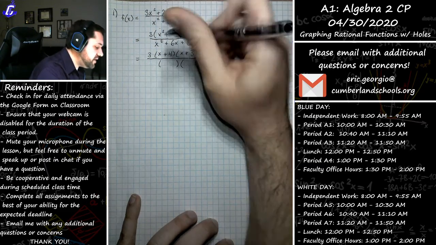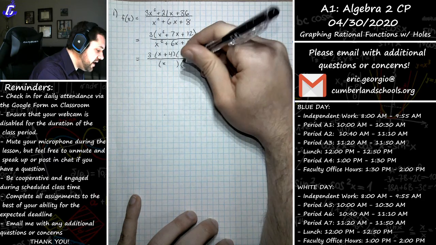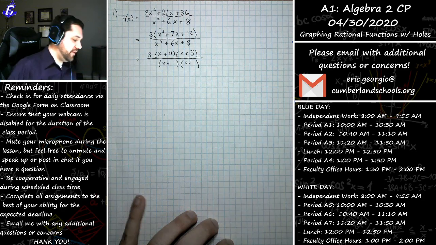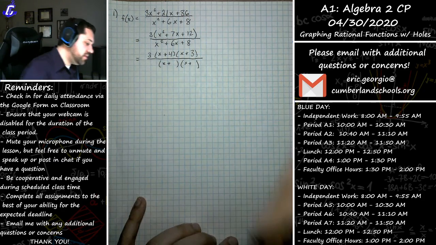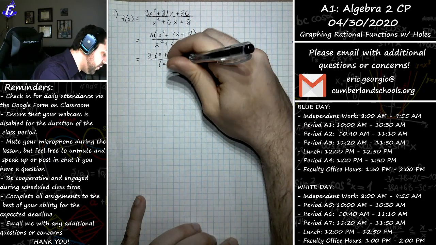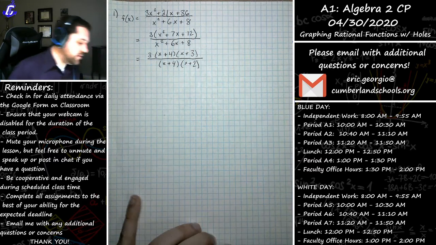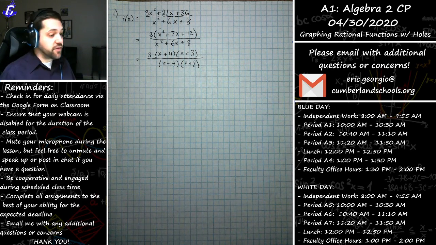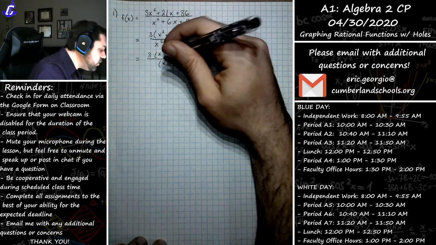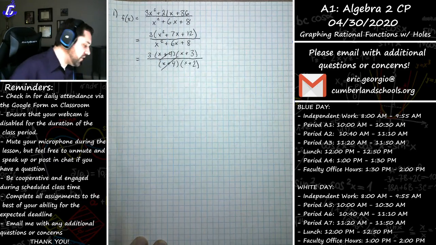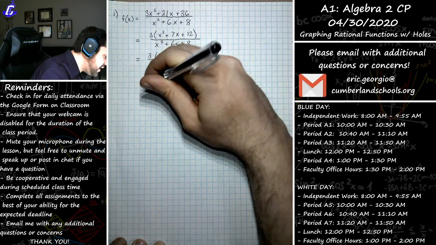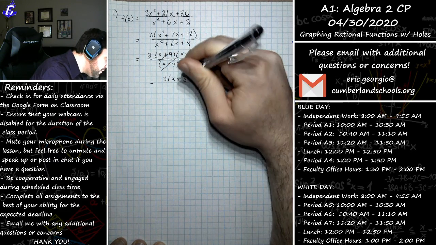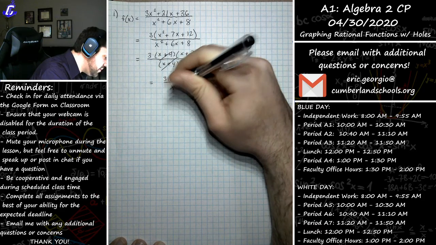We move to the denominator, same deal, where we have x and x, and everything's positive. And lastly, we look for factors of 8 that can combine to get 6. That's going to be 4 and 2. 4 times 2 is 8, and 4 plus 2 is 6. Now looking at those expressions, hopefully you notice, ooh, x plus 4 over x plus 4, that's going to cancel out. And that gets us down now to 3 times x plus 3 all over x plus 2,